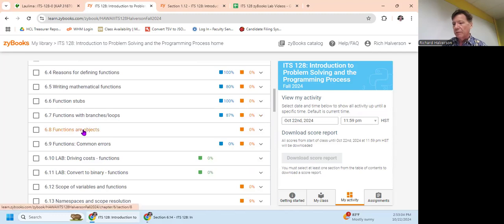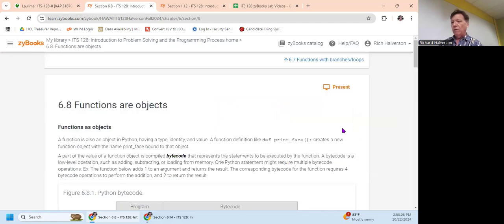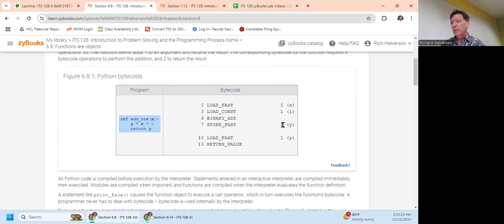Okay, functions are objects. This just explains what I've said before. Functions are objects. Let's see if this works. Testing out lights. Not bad. All right, functions are objects, and so this just explains how the compiler or the interpreter treats things when